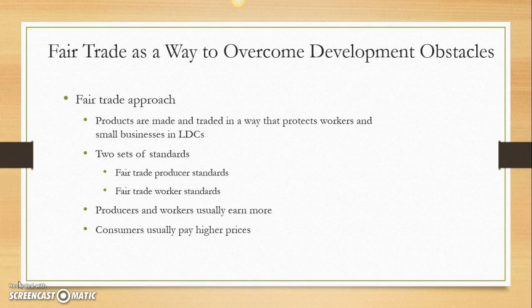Okay, so there's fair trade producer standards, and what that means is if their factories or their farms and things like that are meeting certain standards or certain expectations in terms of the way that the machinery works and the way they treat their workers and things like that. There's also fair trade worker standards. So this is how they treat workers. Are they providing insurance? Are they providing opportunities to advance? Are labor unions allowed? Things like that, right? Producer standards might be things like, are they using pesticides? Are they growing in a way that's sustainable? Okay, things of that nature.